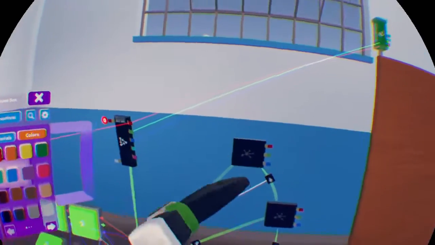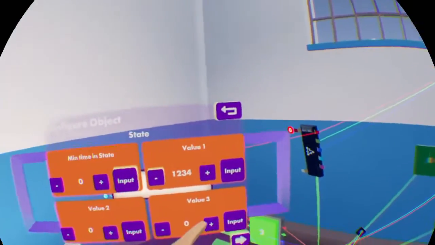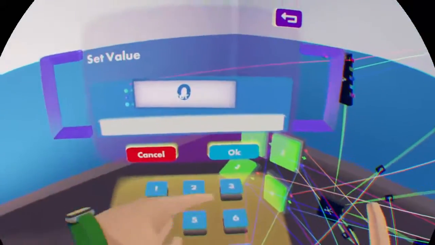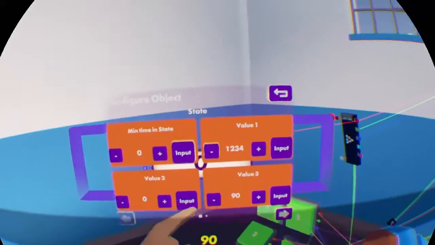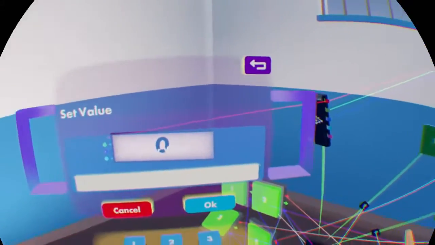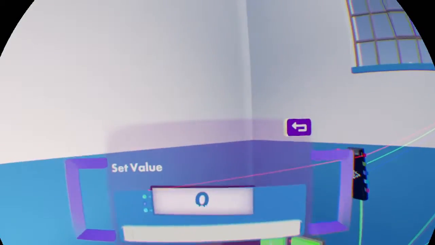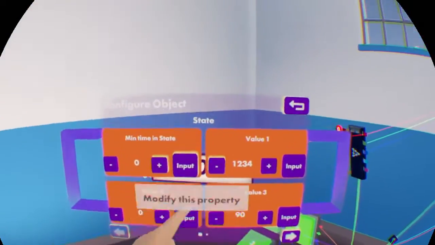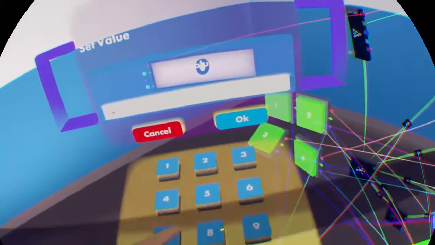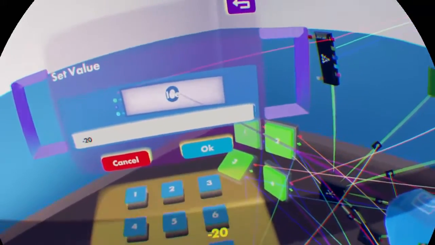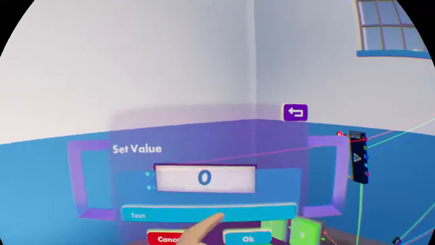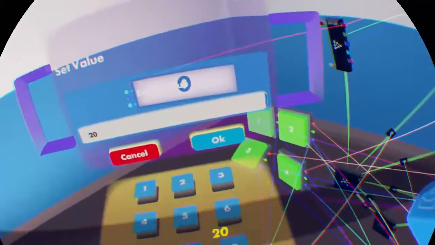So then configure your last state and put 90 on value 3, and then on value 2 put any number, because this is the speed, to 20, I guess, or I put negative 20, my bad, put it as 20,